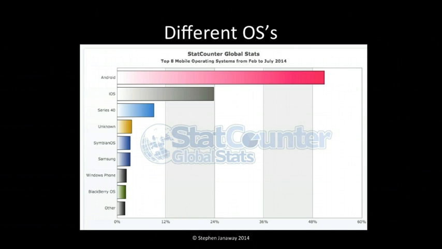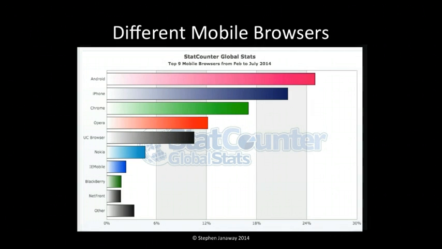This presents a unique testing challenge for us, because obviously we need to make sure we've got coverage of the right number of those devices. If you're testing a mobile website, here's an interesting stat for you. The most used browser at the moment worldwide is actually the Android browser. So not the Chrome browser that ships by default in later versions of Android, but the default Android browser. This is also, I think, driven by a lot of devices that are developed using the open source version of Android, rather than the one that's controlled by Google with Google services.